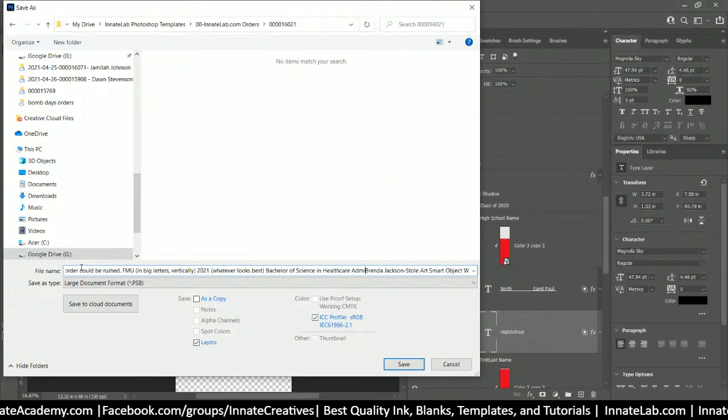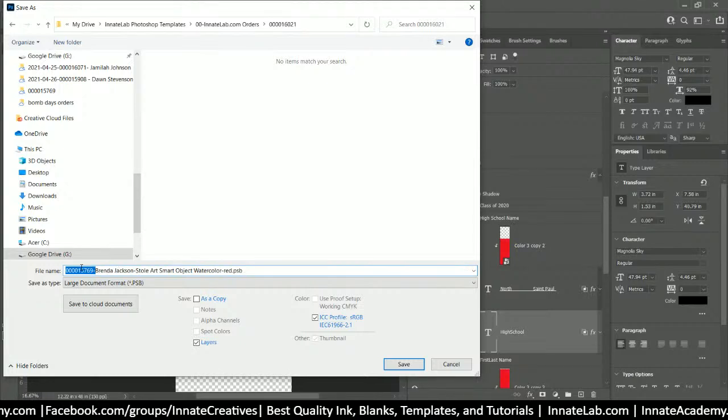In this case, this is a different customer, probably a different design color scheme. So I don't want to save over my work that I haven't gotten approved yet. If the work was approved and I didn't plan on saving the editable version,